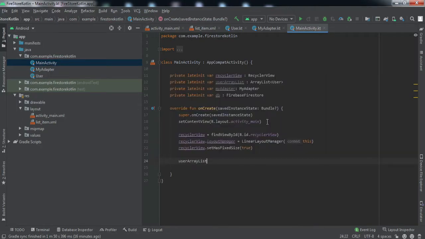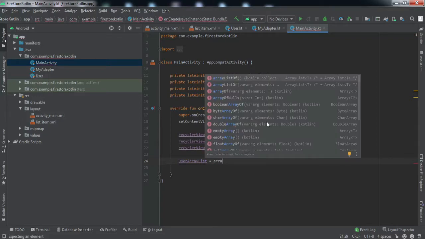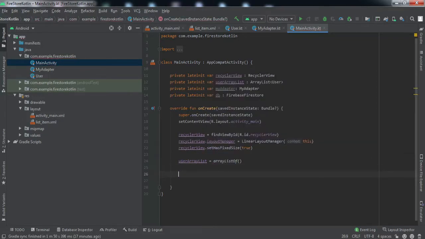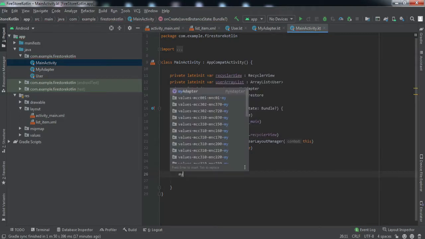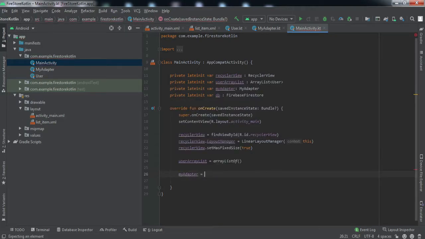We're going to initialize the array list here. Then we are going to create the object of my adapter, and we'll pass the user array list, and we'll set this adapter to the RecyclerView.